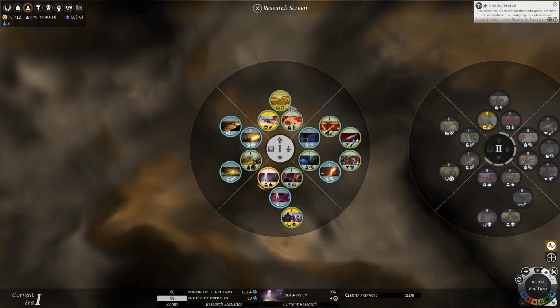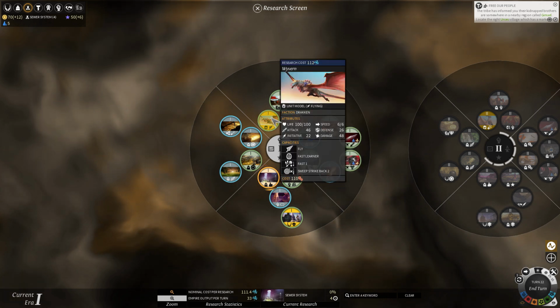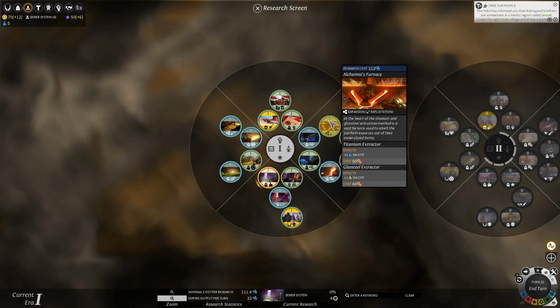Now, obviously, all the military ideas up here are good. Mercenary market is a nice one. Not so much stronghold architecture. Nah, we don't need that, really. And we kind of have to decide if we want our next unique unit. I think what I might do is...